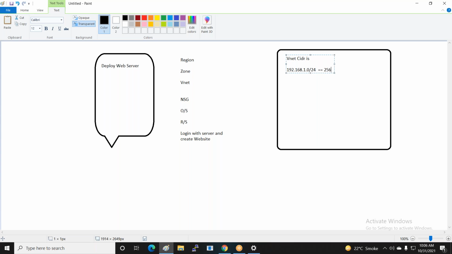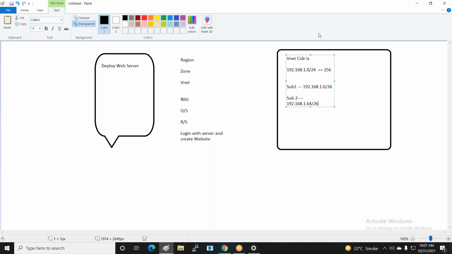After that I'm creating two subnets. This is subnet 1, and in this subnet I put the IP 192.168.1.0/26, and now I'm creating subnet 2 with the IP 192.168.1.64/26.